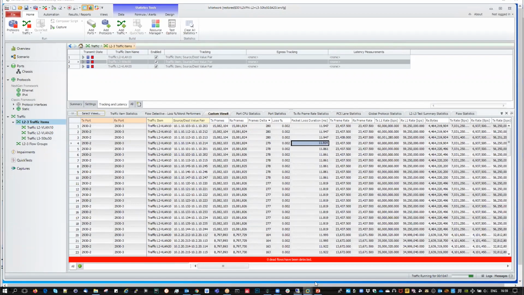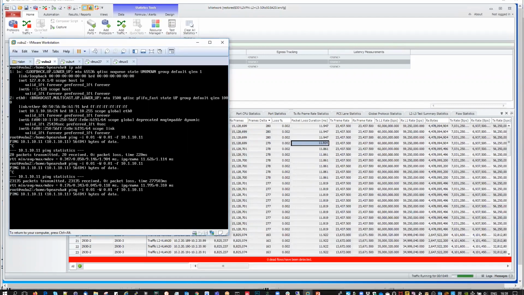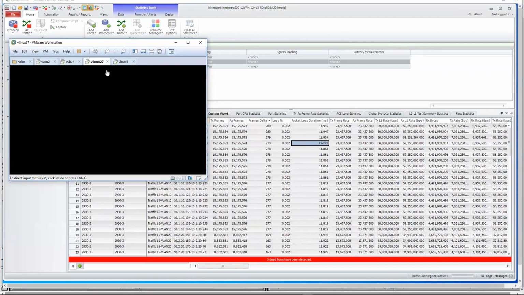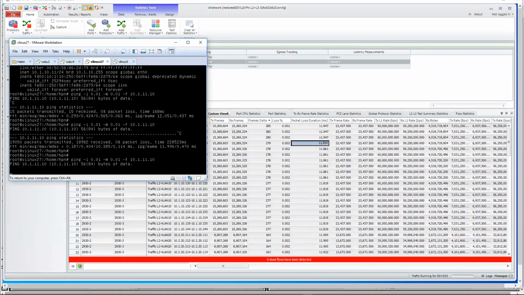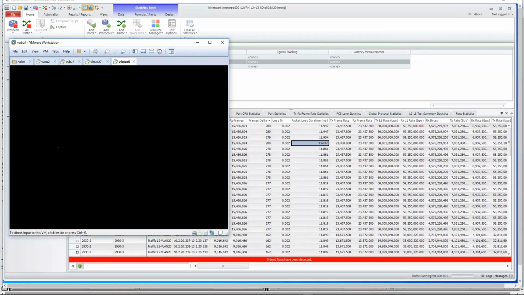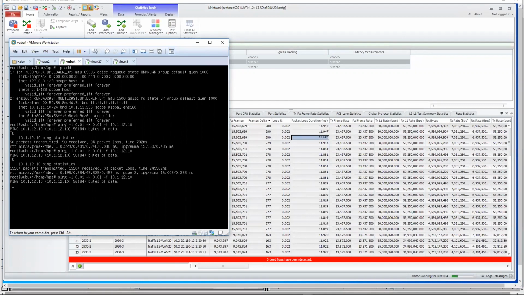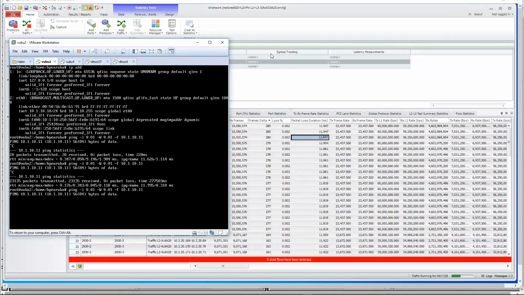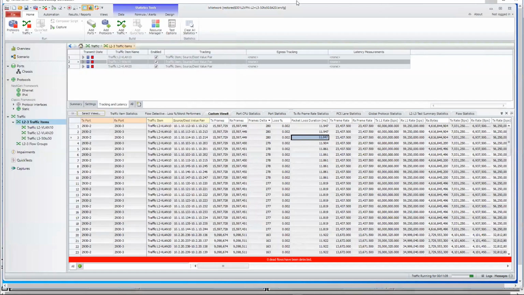I can also quickly take a look at my ICMP flows and interactive flows to see where I am in terms of loss. You see, there is no dot here on that particular thing. So I had 10 milliseconds of impact, and that's it. So let's go back to the traffic monitoring.